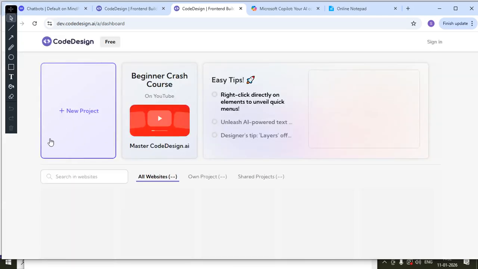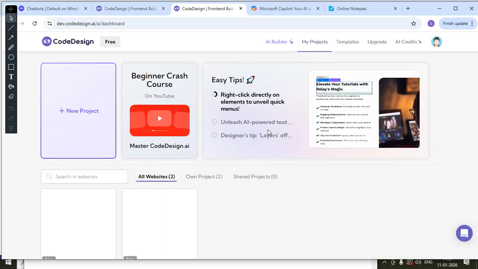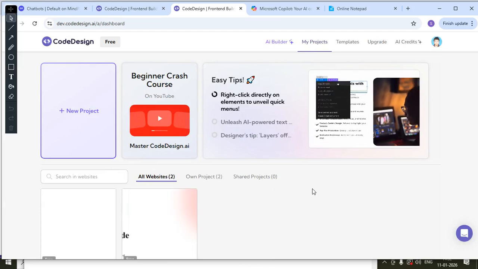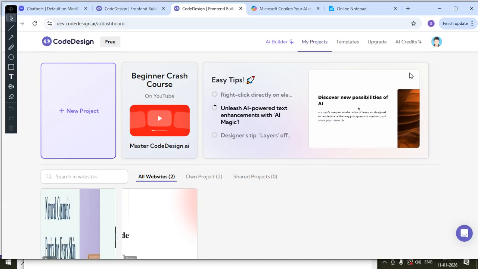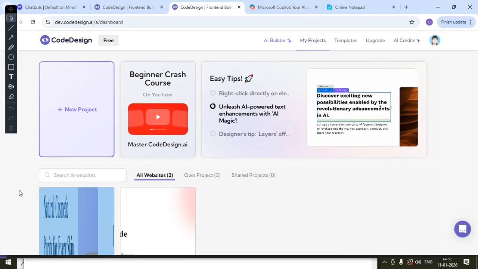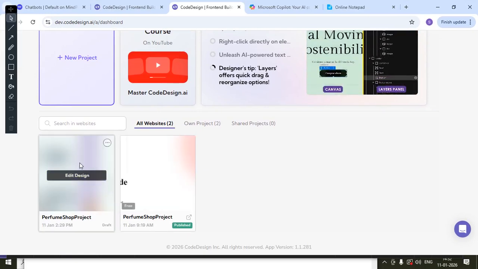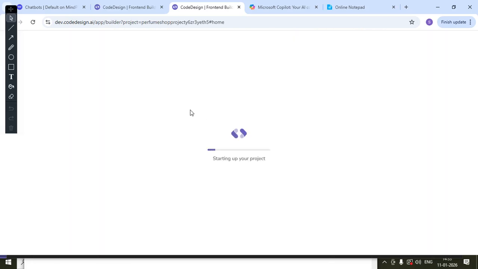Okay, alright, so this is the one. I may have to launch the preview mode again. So just a few more minutes, and once we are done,